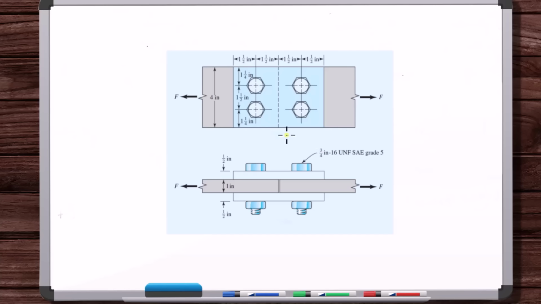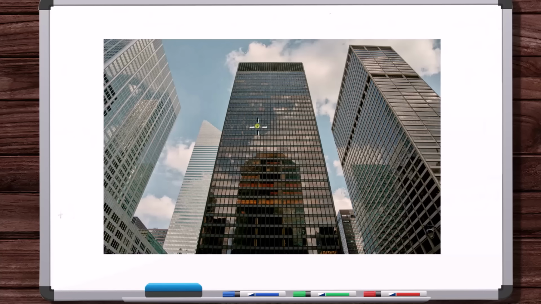That shape doesn't change. These bolts are holding it rigid. It's a rigid body, right? These bolts are holding it rigid in the sense that the shape doesn't change. So if you think about a skyscraper, now as far as the loads, what you want to think about is